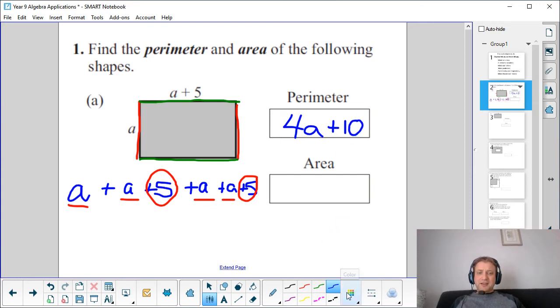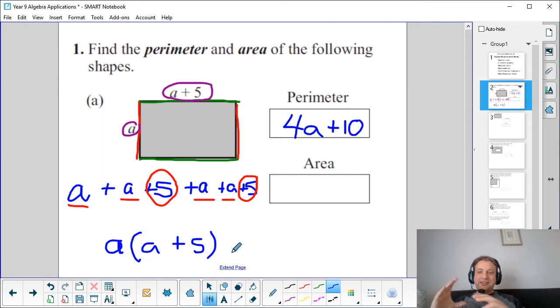So with area, the formula for area, you'll hopefully remember this from previous years, is you multiply the width by the length. So we can represent that in this way. What we can do is we can say that we're going A multiplied by A plus 5, right? When we're multiplying things together in our algebra, we can put them next to each other. The a plus 5 I put in brackets because it's a whole thing that needs to be multiplied by the